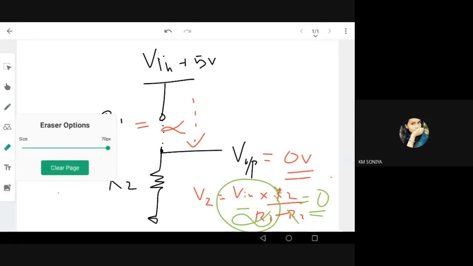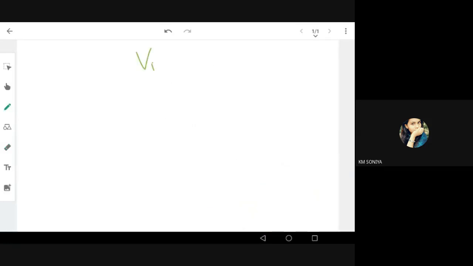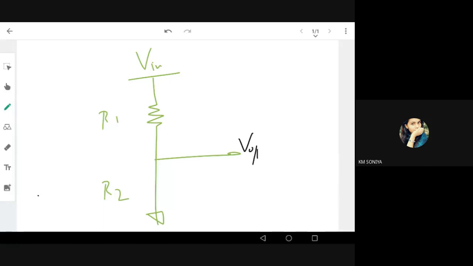Now if we make a short circuit, this is V input. Now this is a resistance R1, this is R2. Now what is the voltage here? V output here is nothing but V2. I'm asking about V2. This was V2 initially, this was V1. Yeah? Who can tell me, what is V2? You can unmute and tell me.